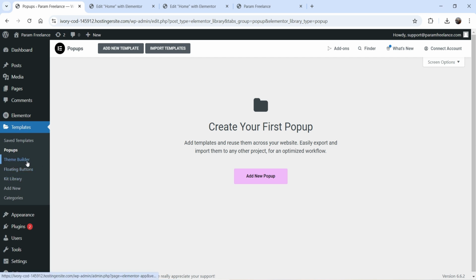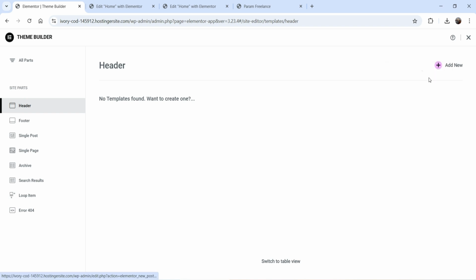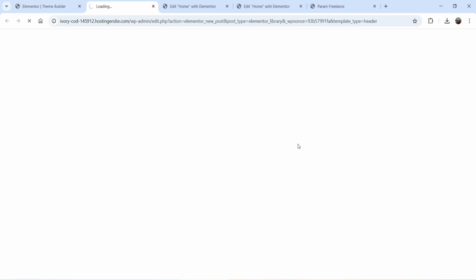This is the main feature, theme builder. If you're using the Elementor Pro plugin, then you will get this option, theme builder. Using theme builder, you can customize different sections of your website. For example, we have the header section here. Now, if you go to header, click on add new, and now you can create a header for your website using